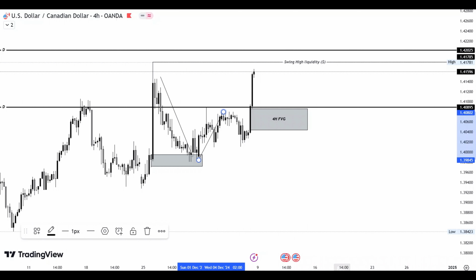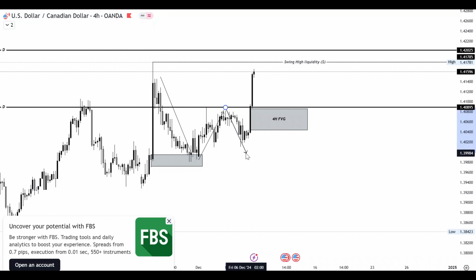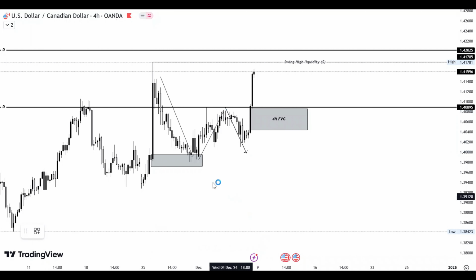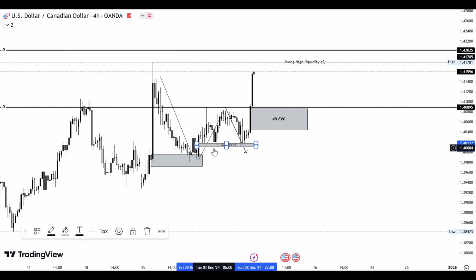to fill this fair value gap. This is what is known as a liquidity sweep. Remember, the market always seeks to fill liquidity because liquidity serves as the lifeblood of the market. It's what moves the market, it's the momentum of the market. So the market came down to fill this liquidity,